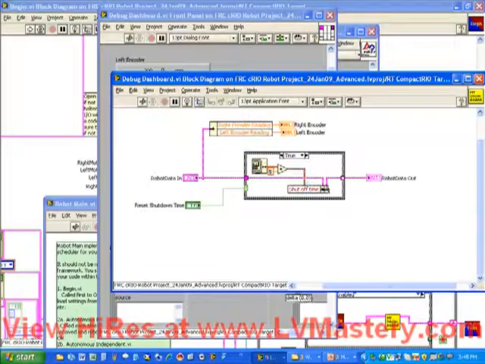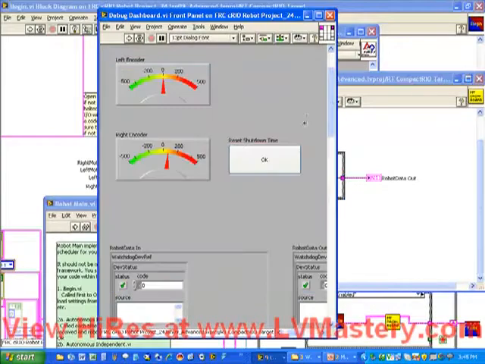Maybe I'll just move this over a little bit so it's cleaner. And in the false case, if I haven't pushed the button, do nothing. Output equals input. There's one thing I want to talk about before I run this. It's something called mechanical action. Booleans have different ways of running. If you think about a power